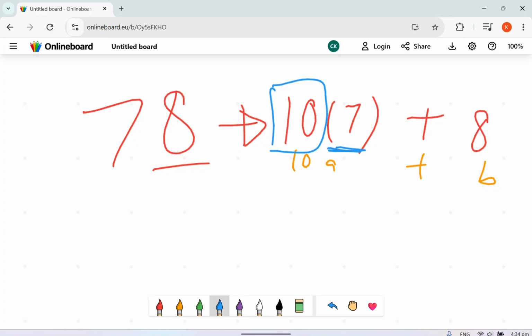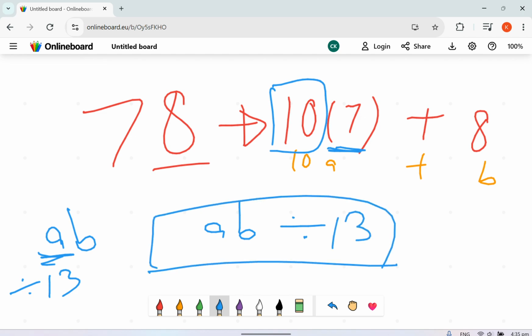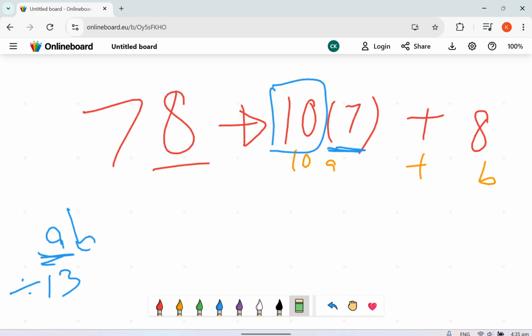Okay? For example, if I have AB, and I'm told that A, let's say, is divisible by 13, that means the entire number, A times B, is divisible by 13. This is basic knowledge, because it doesn't matter what B is, we know A can divide 13, so that literally by itself can divide 13. But if you just want a simple example,